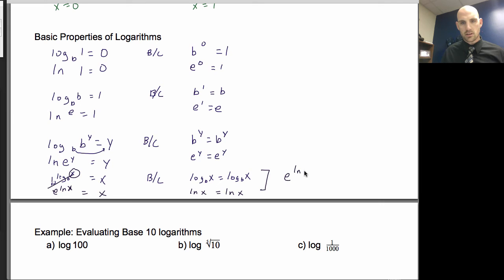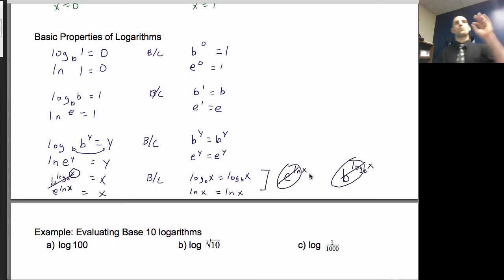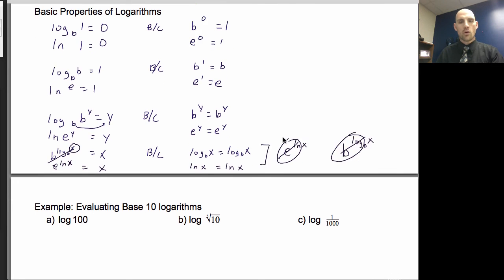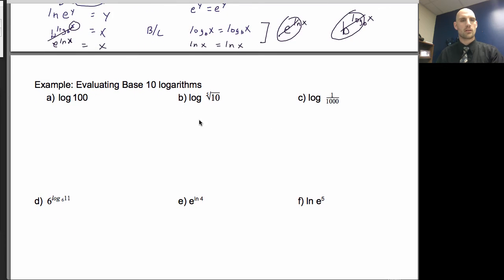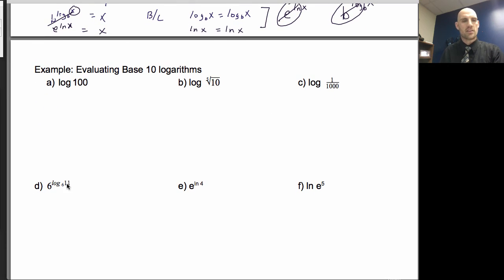These cancel out. b to the log base b of x, raising it to a power and logging it to the same base, so the base b and the log base b cancel out. They undo one another. So knowing what we know, evaluating base 10 logarithms, and these are evaluating some natural logarithms,